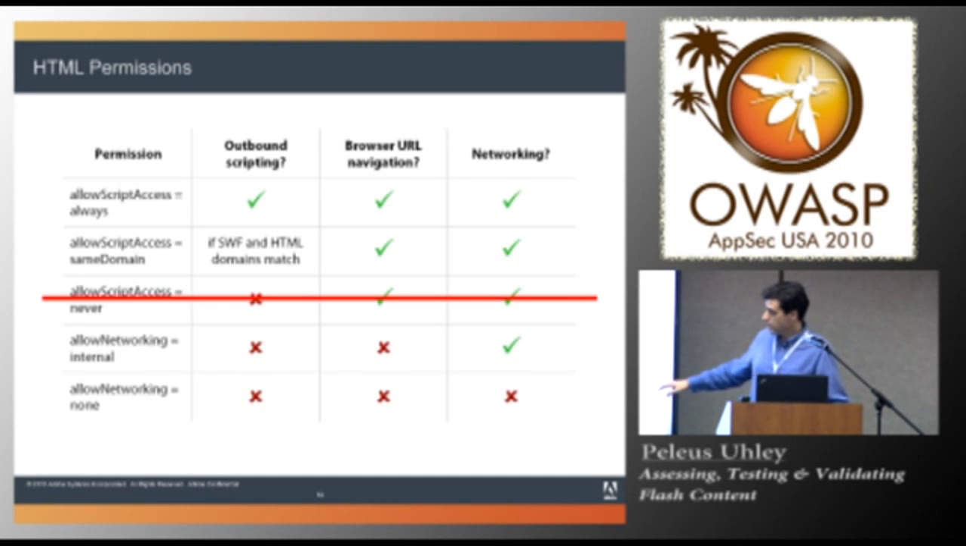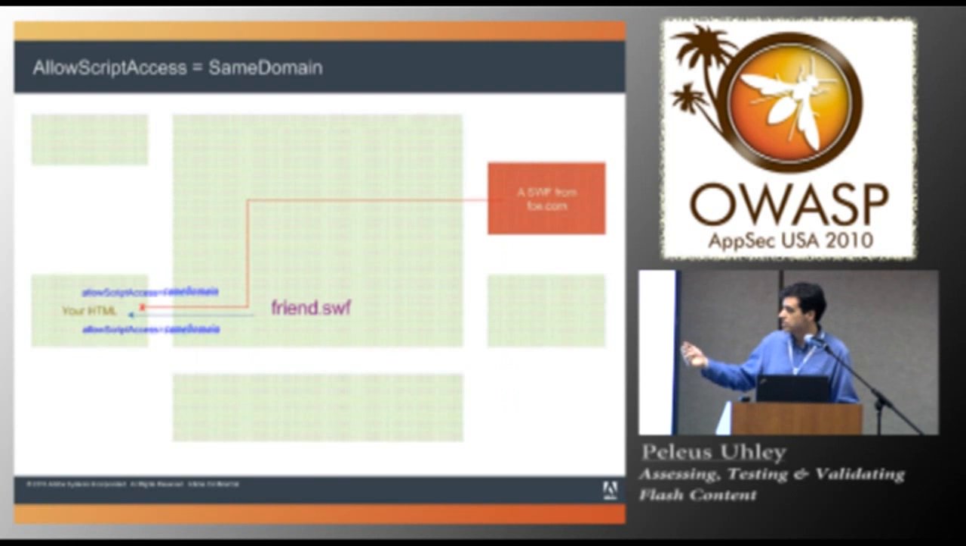So allow script access is a superset of allow networking. If you set them both within the object tag, whichever one's more stringent will take effect. Just to give you a visual representation of this and how this affects